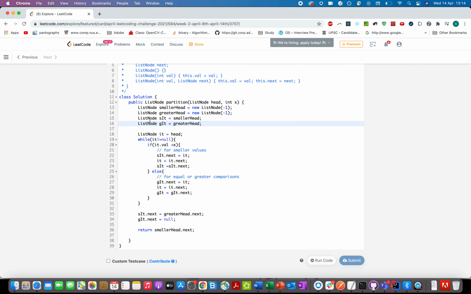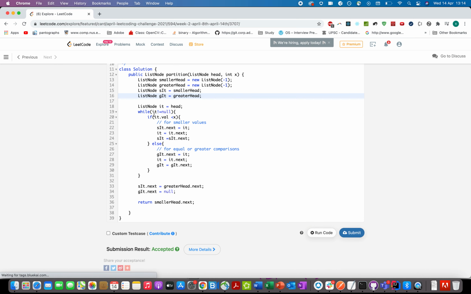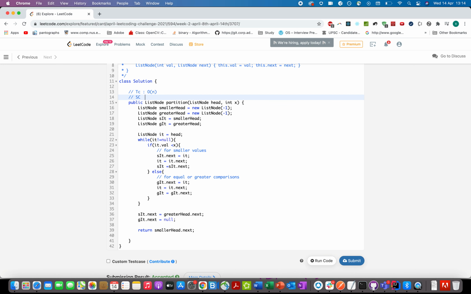Looks good. Accepted. What is the time complexity of this approach? Time complexity is order of n, since you are iterating through the list once, and space complexity is constant space because we are not using any extra space. We just defined a few pointers and rebuilt our list.